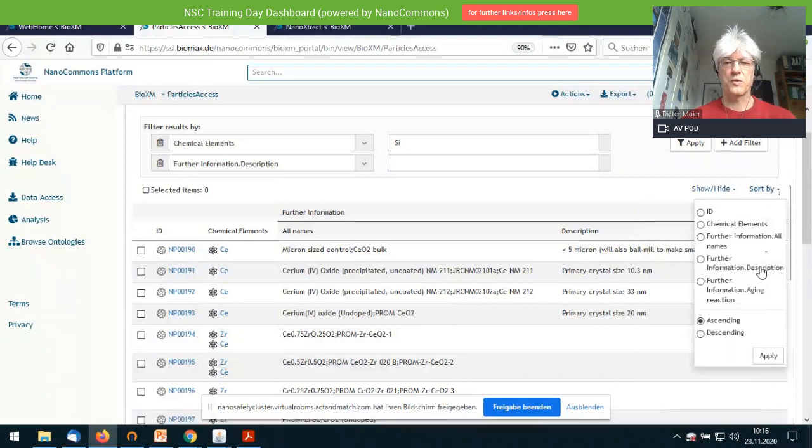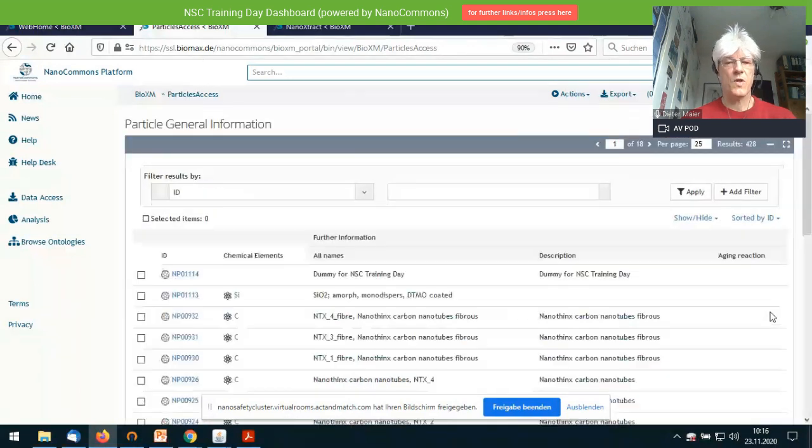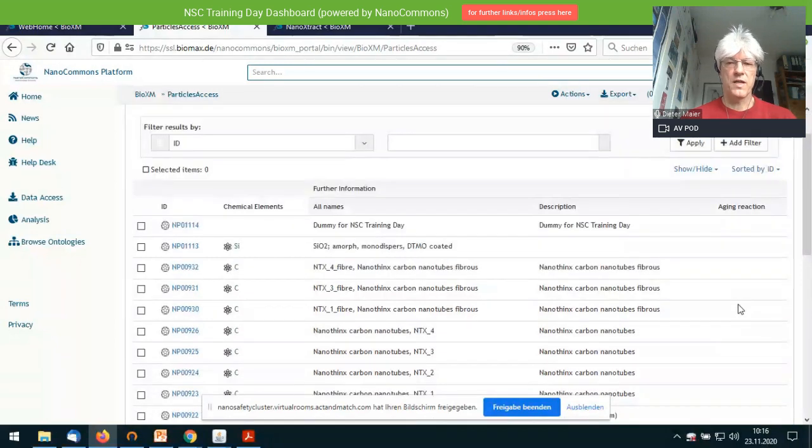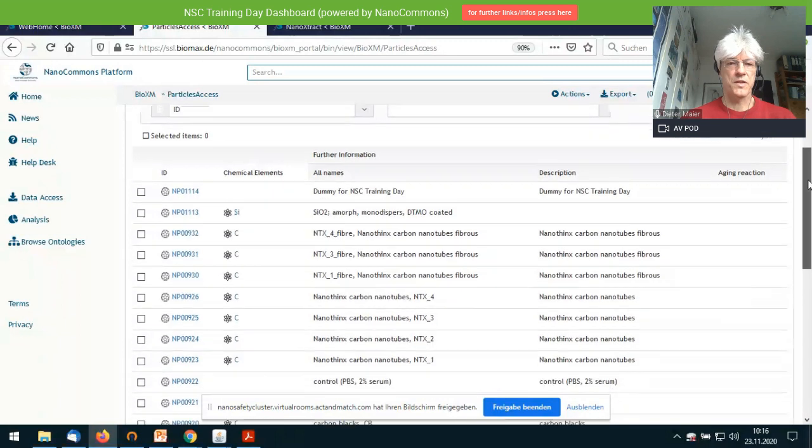Okay, so you can, for example, sort by ID in ascending or descending way. And I'm sorting in descending way right now because the images that you want to analyze have to be associated with a particle in the system. And for today, there's a dummy particle.